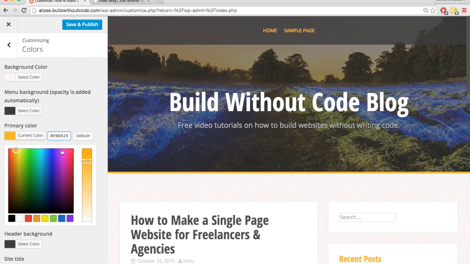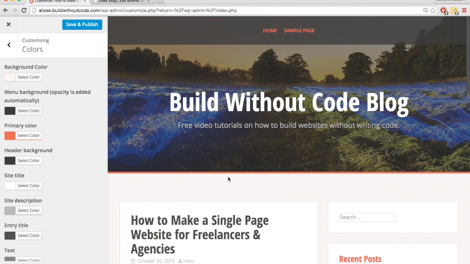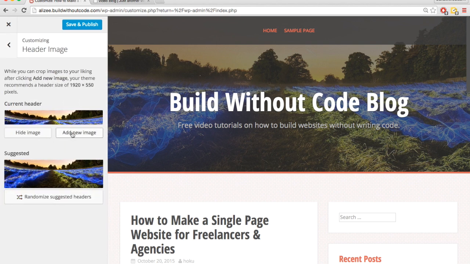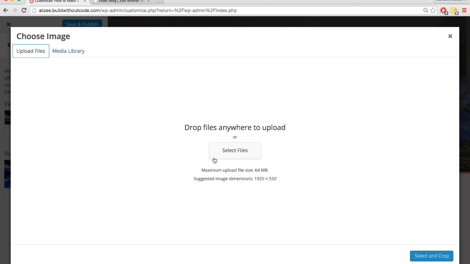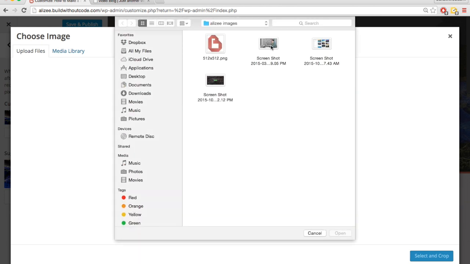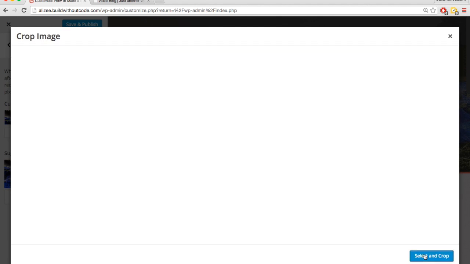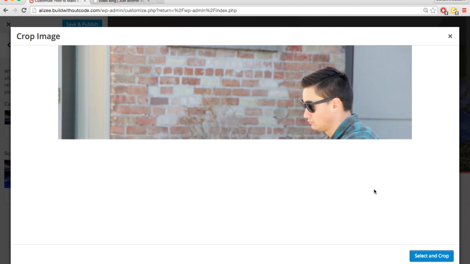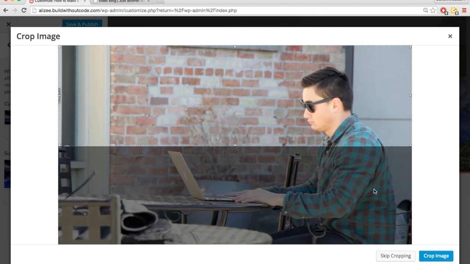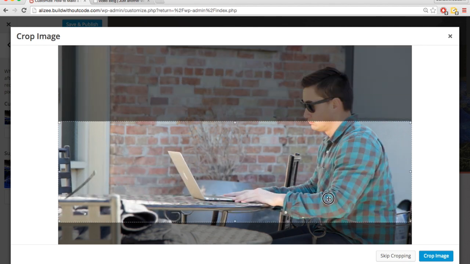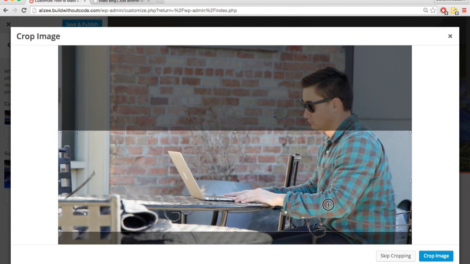and I want to just change this primary color. So I'll change that, and you can see the changes happening in real time. Go back, and header image, I'm going to add my own header image as well. So I'll upload files, grab my header image, hit select and crop, and you're going to have to crop it because it's not going to show all of it, so it automatically has the right dimensions for you. You just have to move it so that it crops the image correctly. Hit crop image,